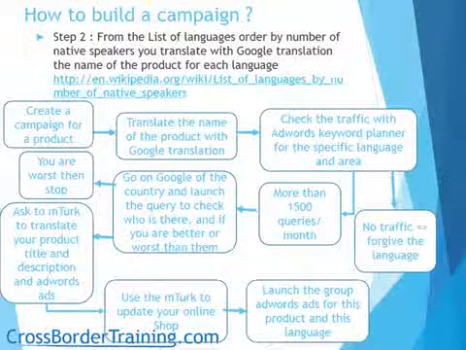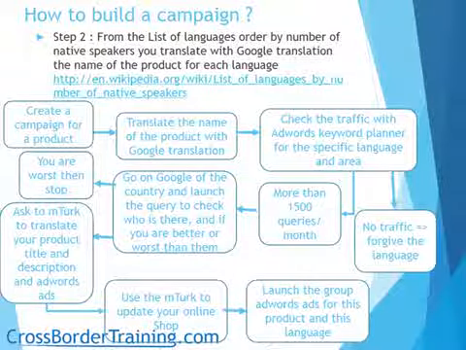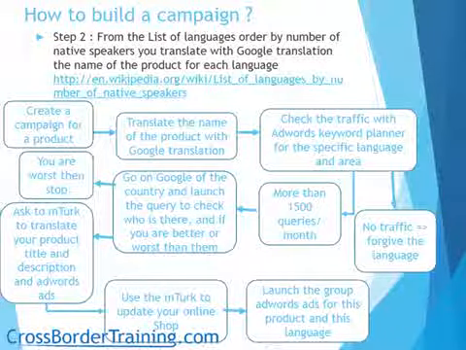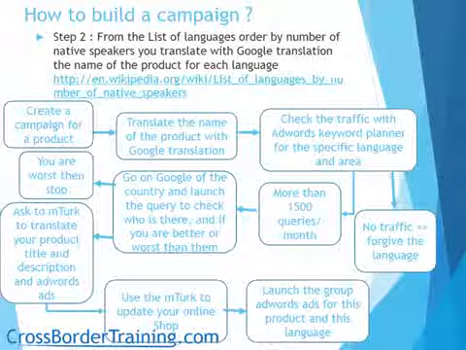If there is no one, if there is 50 people per month, forgive it, it's not interesting. But if there is more than 1,500, start to be interesting. Start to be something. There could be 1,500 clients, so start to be a number. So in that case, you can keep on. If there is less, forgive the market, change another country, another language. But if there is more than 1,500 query per month on Adwords keyword planners, then second step is you go